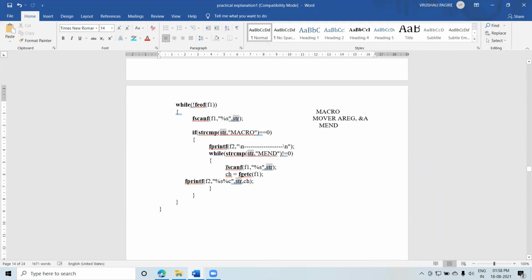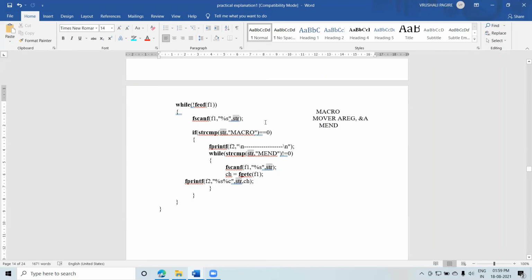Then you can read the next word, right? You can also add this at the end. Just to read the next word, that is fscanf. So if it is not MEND, then copy these characters one by one from your file. Then fprintf, in which file do you have to print? fp2, that is %c. You can see we have just displayed these characters into your fp2. Then again go to the next one.